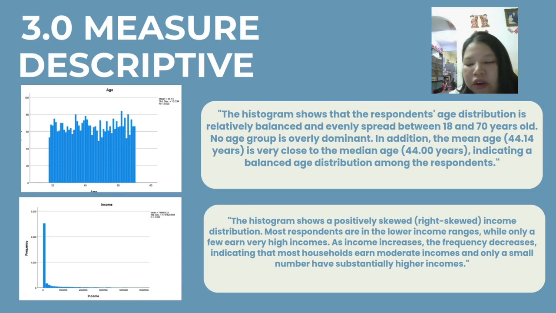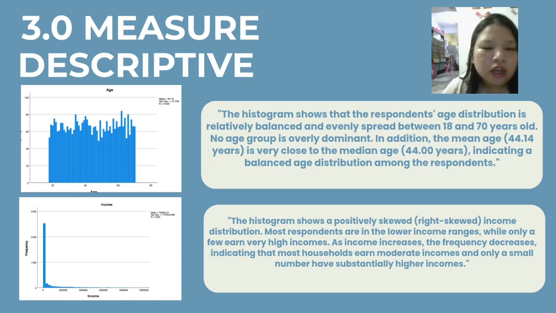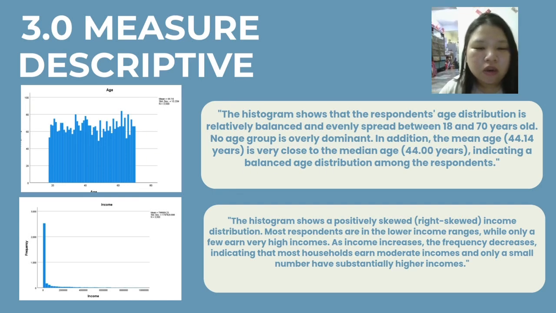Now, I want to present 3.2, graphical representations. The first one is the histogram, which shows that the respondent age distribution is relatively balanced and evenly spread between 18 and 70 years old. No age group is overly dominant. In addition, the mean age of 44.14 years is very close to the median age of 44 years, indicating a balanced age